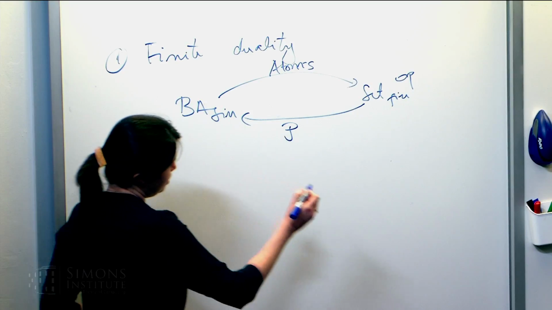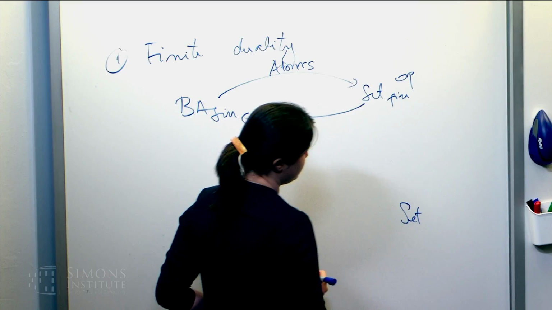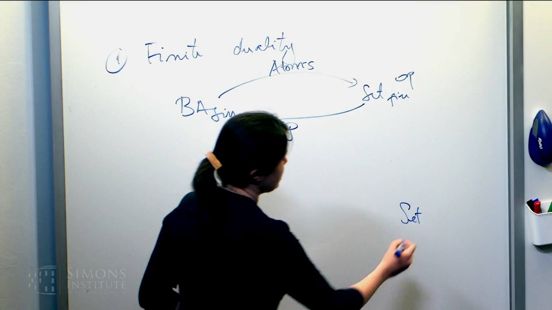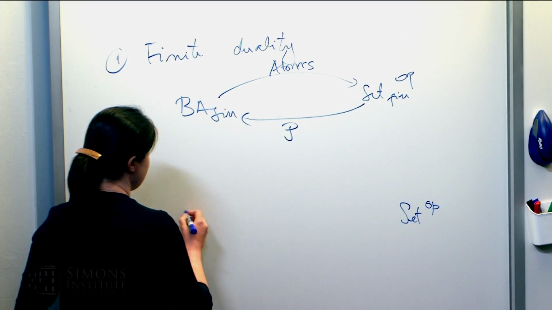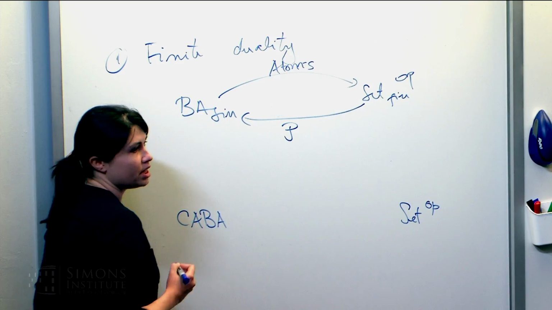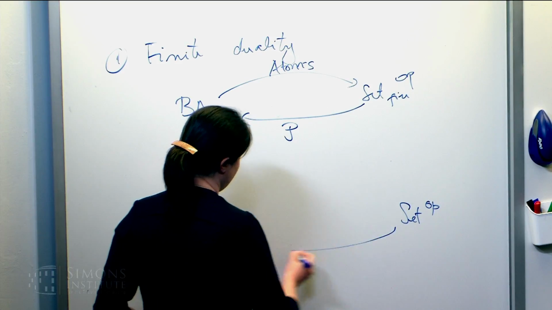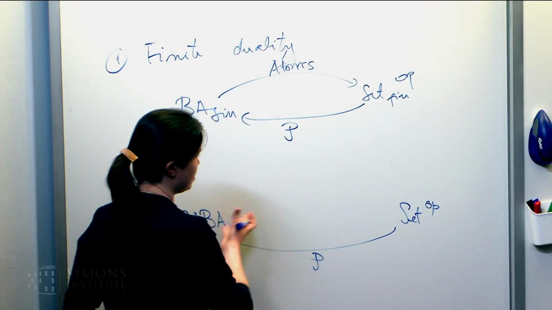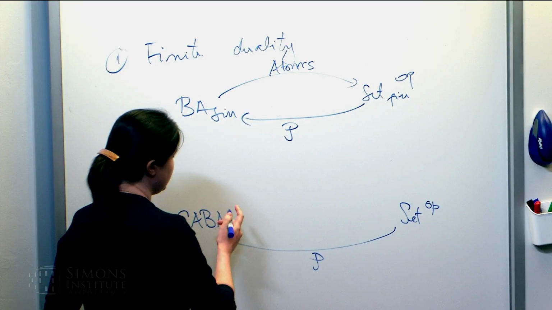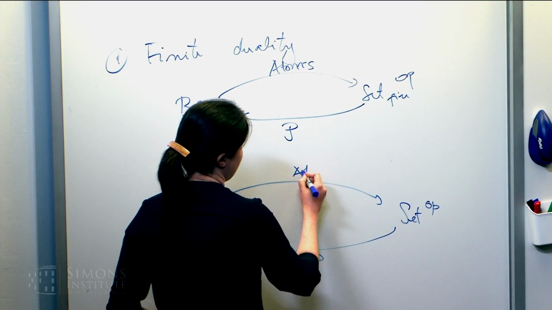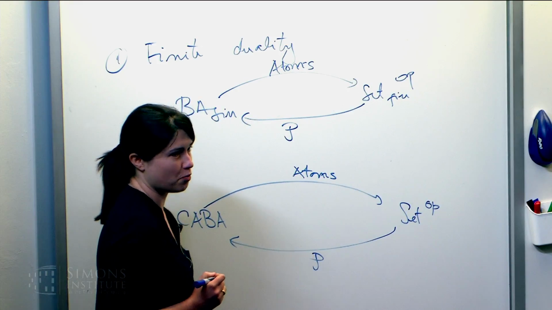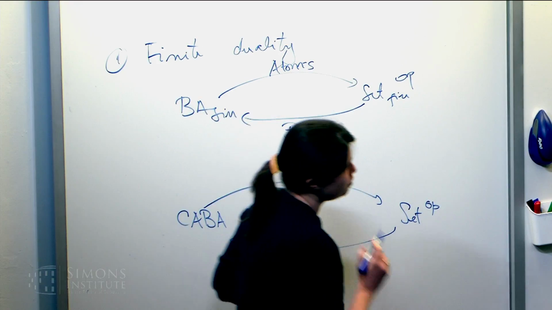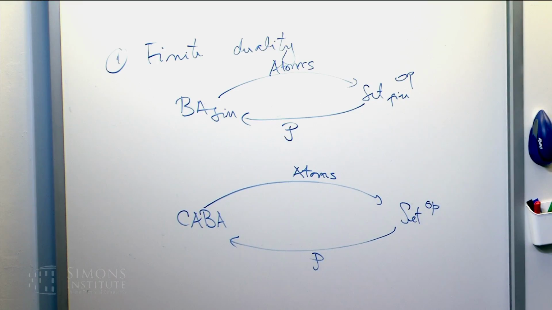There is another very simple duality theorem stating that the category of sets is dually equivalent to the category of complete atomic Boolean algebras. So just as before, those Boolean algebras that can be obtained as the power set of a set are precisely those that are complete and atomic. And the functors are described in the same way. So once we know these two results, I can explain very quickly what is the syntactic monoid of a space in the light of this duality.